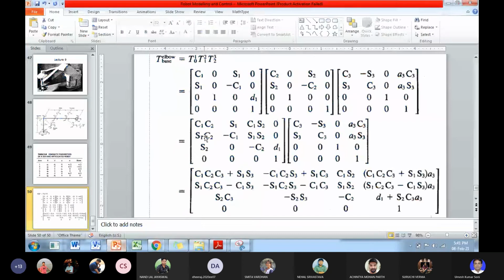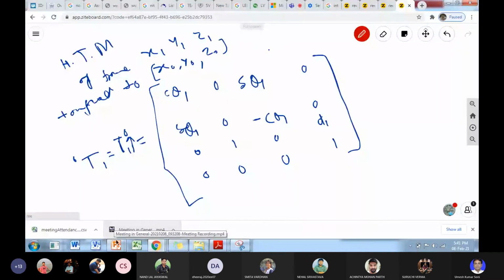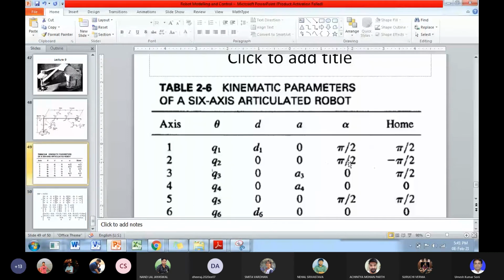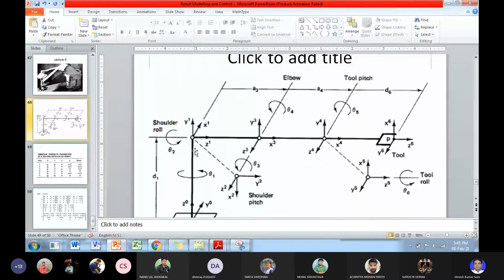तो यहाँ पे ये वाला ट्रांसफॉर्मेशन हमारा आया. You can see this transformation is same as I have shown you here. ओके, अब इसके लिए आप निकालेंगे तो कैसे निकलेगा? Here again you see that there is alpha pi by 2. Okay, alpha is pi by 2, and you see there is the rotation theta 2 along this z1 axis.